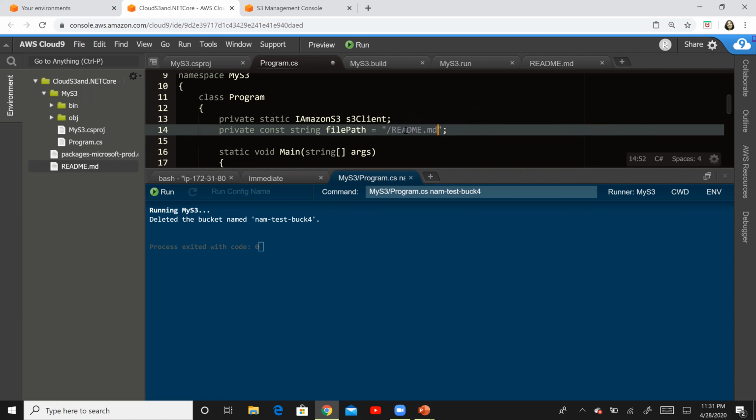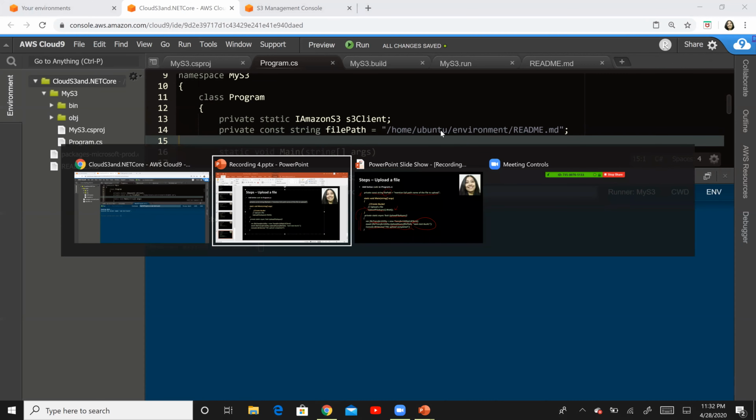If you see, you did not get the entire file path, because that option does not get you the entire file path. For getting the entire file path, go right here, and if I hover my mouse here, you will see that it is /home/ubuntu/environment. So this is the actual path for this folder, and this file is in this folder. So what we will have to mention over here is /home/ubuntu/environment, and then our README file. Okay, so I hope this is clear, guys.